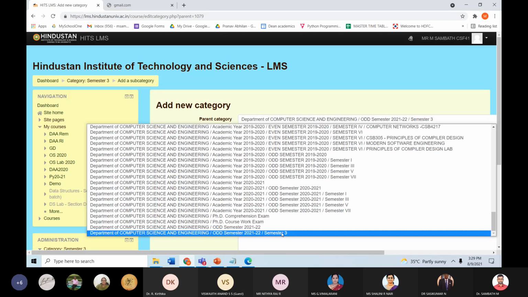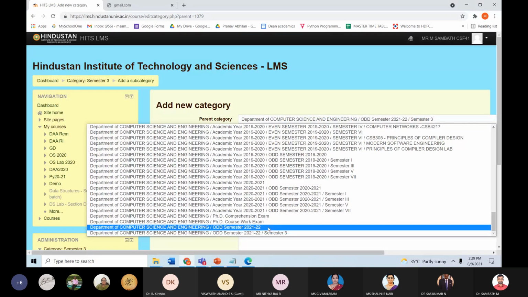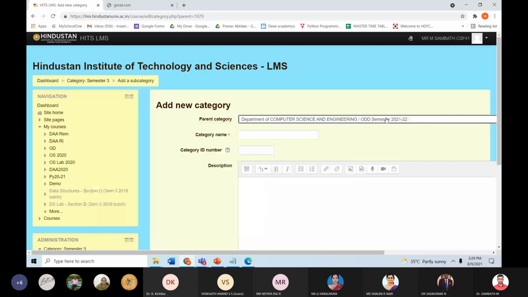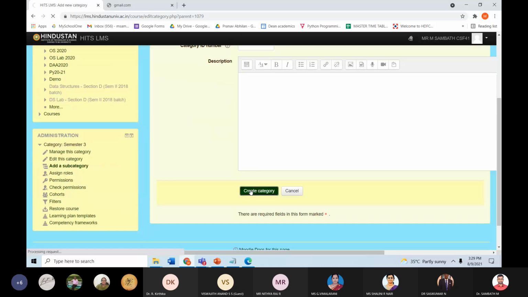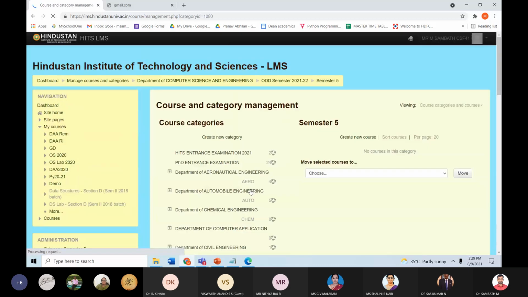If you click semester 3, you will create another folder inside semester 3. So you have to come back to this odd semester. Here you create semester 5, because semesters 3, 5, 7 are going on now. Then click Create category. Like this you can create semester 4 also.